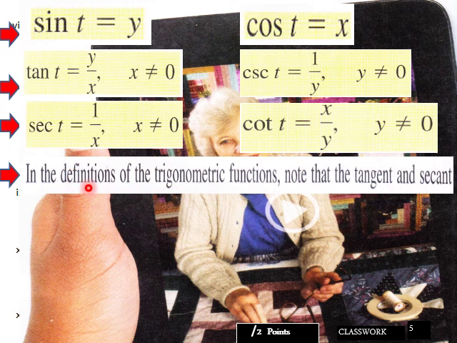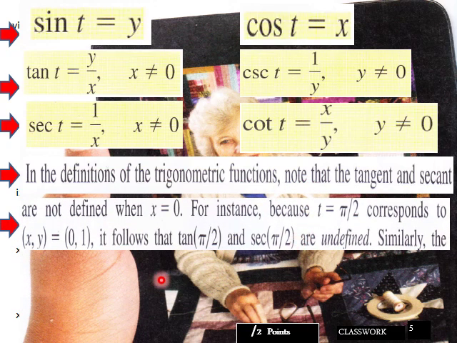So in the definitions of the trigonometric functions, note that the tangent and secant are not defined when x equals 0. For instance, t equals pi over 2 corresponds to (x, y), which equals (0, 1). It follows that the tan of pi over 2 and secant of pi over 2 are undefined when you have this coordinate situation here, because you'll have a 0